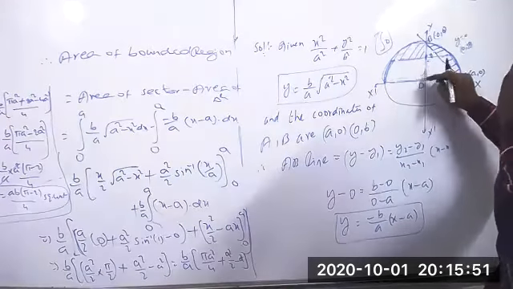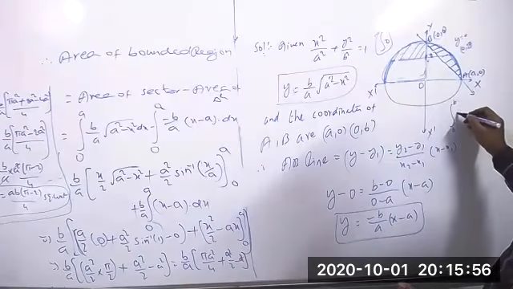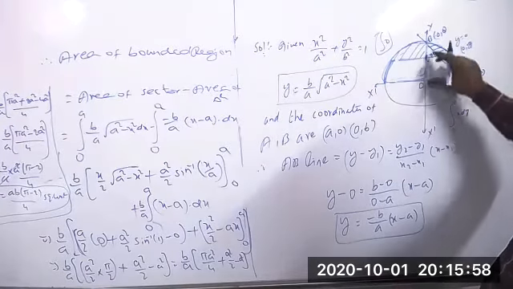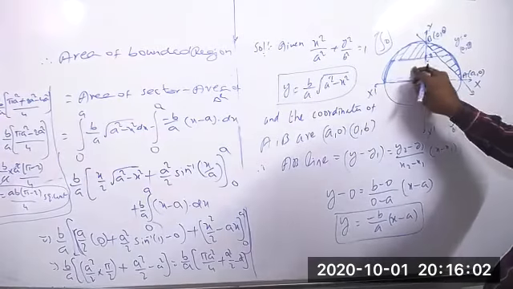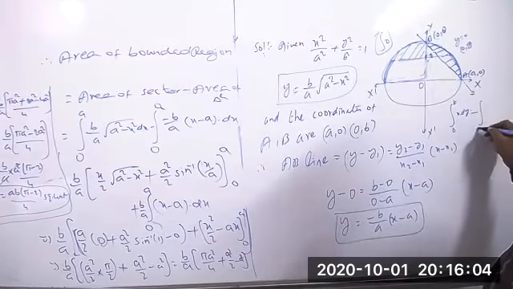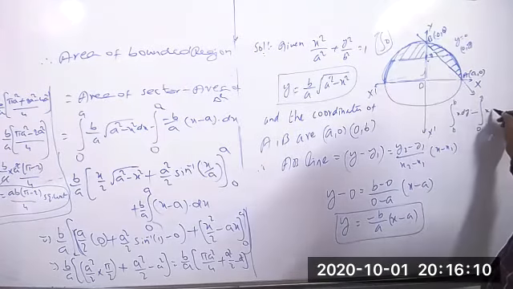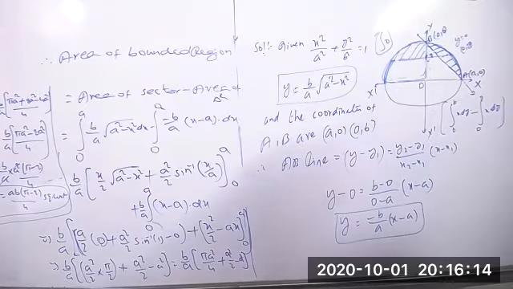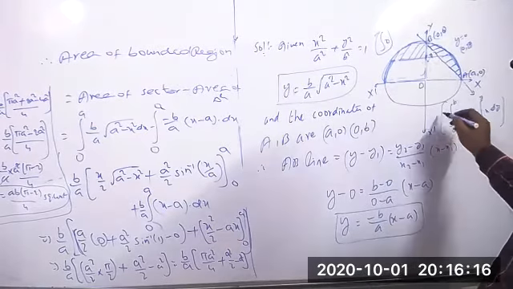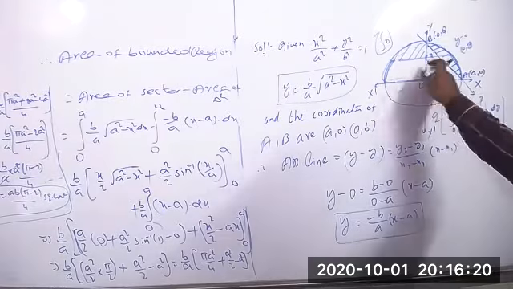Or else you do one thing: from here to here, take the whole thing. What is the integration of 0 to b of x into dy, minus this one, which you can subtract? How to subtract this value? 0 to this point y only, of x into dy. Clear now? And double it. Compulsorily you have to take 2 into the integral because there are 2 parts.